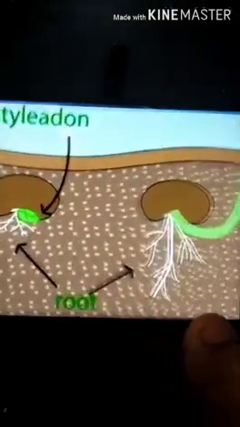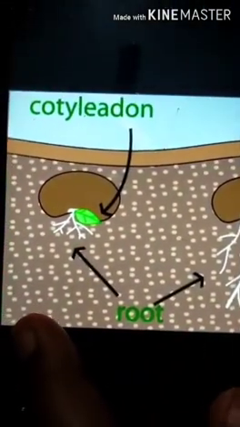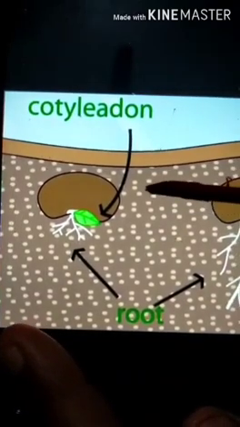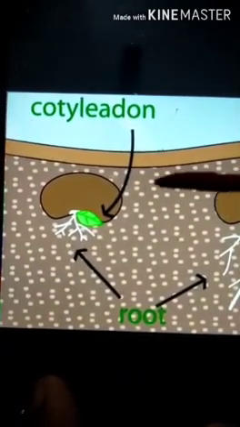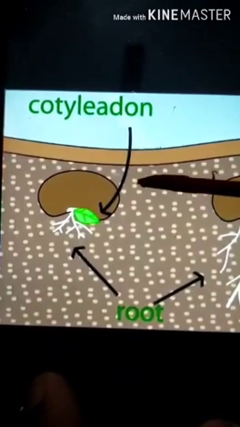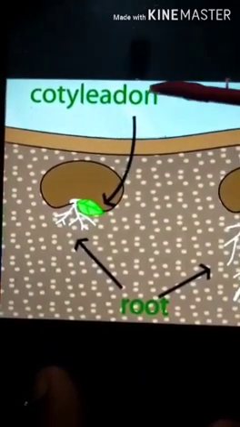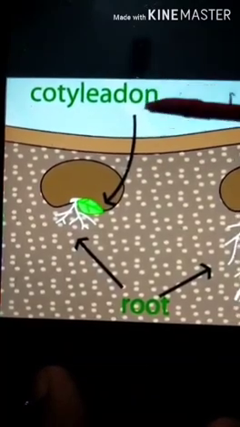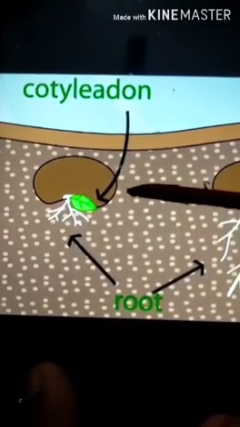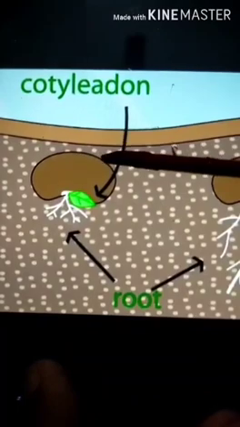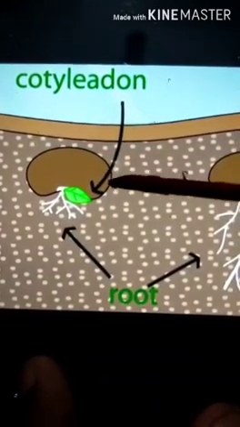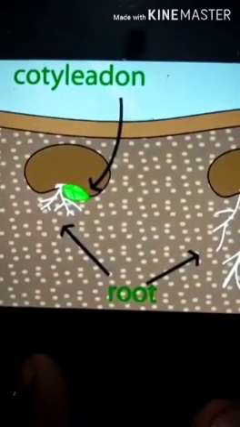Now see here carefully. Can you see the leaves inside the seed? So this is known as cotyledons. The food for the baby plant is present in seed leaves called cotyledon.